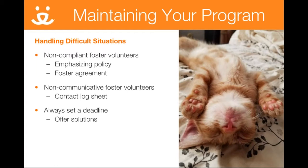In the case of these fosters, it's just important to emphasize what your policy is, and you can reference back to the foster agreement. That's why having a foster agreement is really important, because you can say, hey, you signed this, this is what you agreed to. If you are unable to, say, take your kitten to a vaccine appointment, we understand, but we're going to have to transfer these kittens to a different home